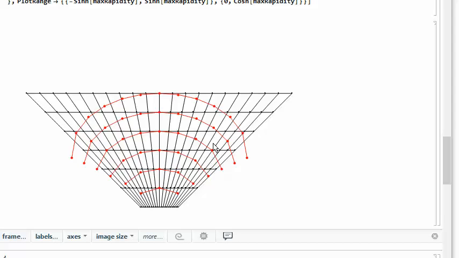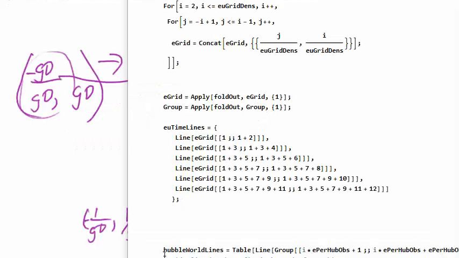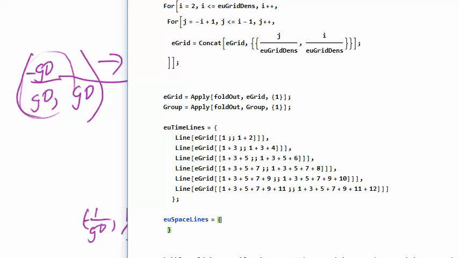But I would say that might be slanted, or it might even be, is it curved? I'll have to see what that looks like. Well, I think I'll go ahead and work on it now. euTimeLines and then Euclidean space lines is going to be something pretty similar to what I've got here. It'll be line, and then it'll be eGrid